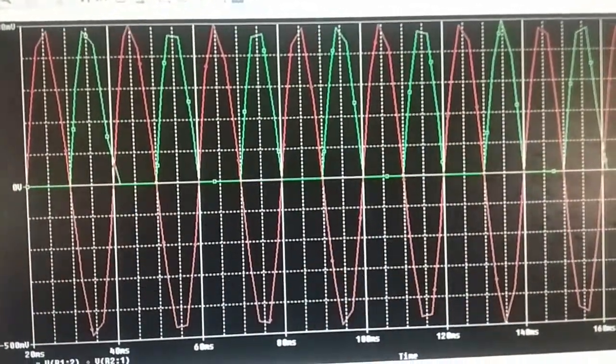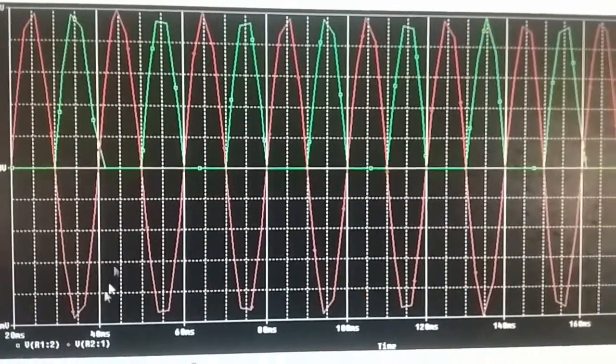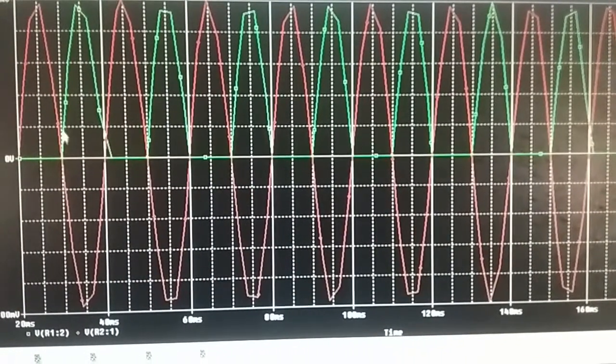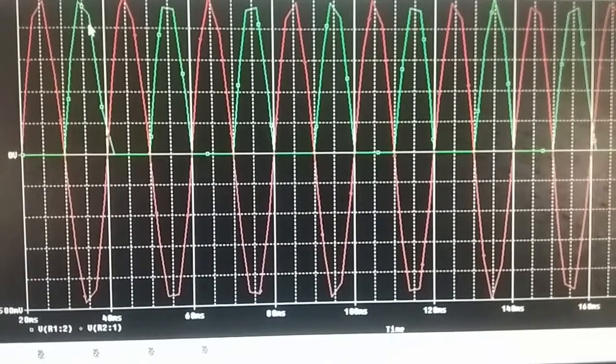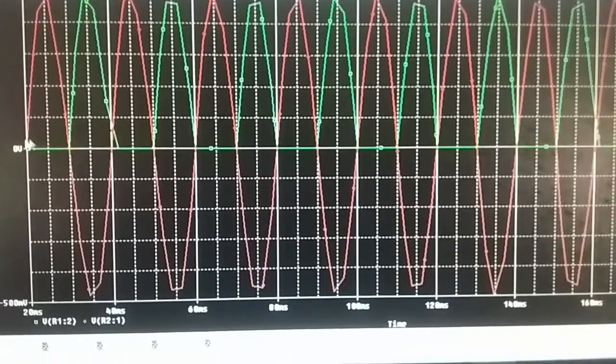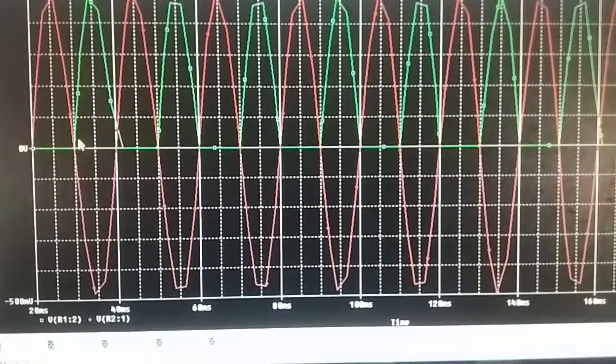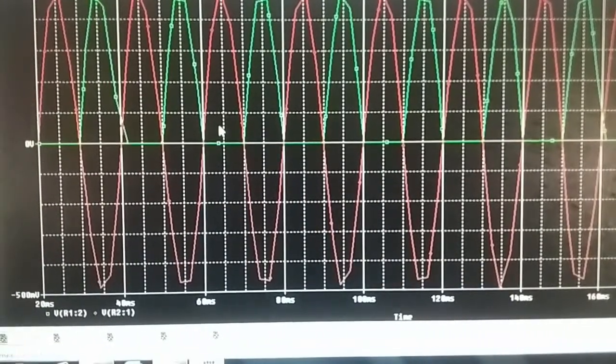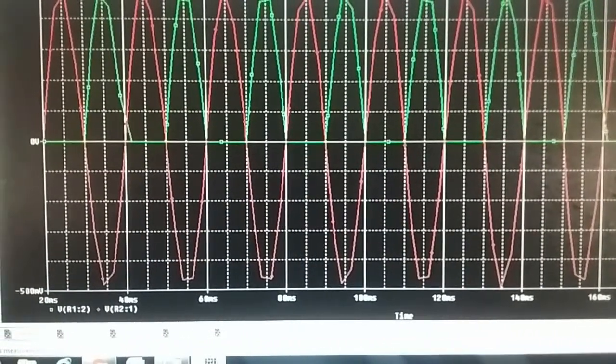We can see here the red is the input we have given. During the positive half cycle we have the response, and during the negative half cycle the positive half cycle is clipped, whereas in the negative half cycle we are getting the response. So we can say the circuit is a half-wave precision rectifier.